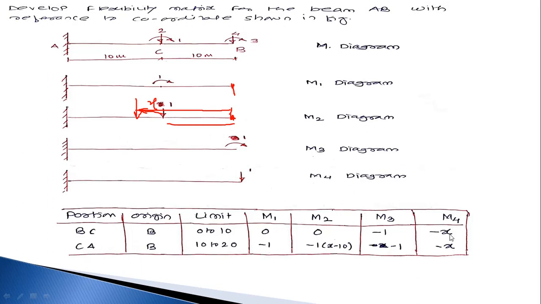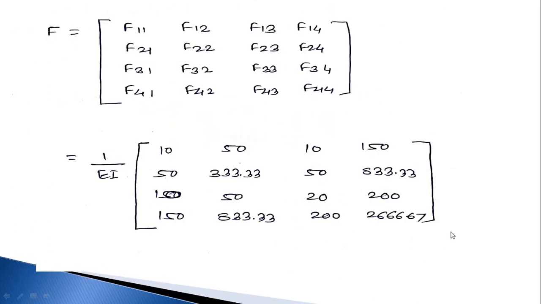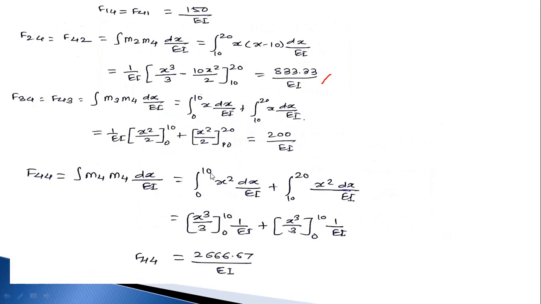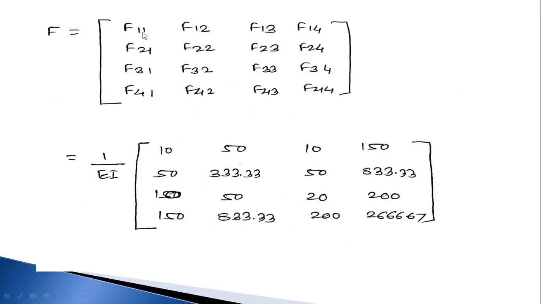That's why you consider these two limits, that is first m4 into m4 for portion BC, then m4 into m4 for portion AC. That's why the limits are changed. First limit is 0 to 10, second limit is 10 to 20. This is the f44. Now we know all the values, that is f11, f12, f13, f14, similarly up to